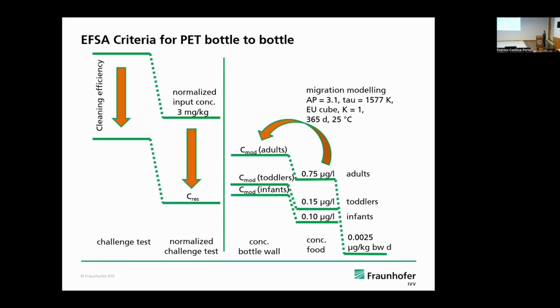This figure graphically shows this stepwise approach. So we start off on the bottom right with this 0.0025 micrograms per kilogram body weight per day, which is the acceptable or tolerable intake from the TTC concept, which is being transferred into a concentration in food for these different consumer groups and reflecting the body weight and the consumption behavior. So from here, we use diffusion modeling to calculate back what would be an acceptable concentration in the PET packaging item, here in the PET bottle wall,